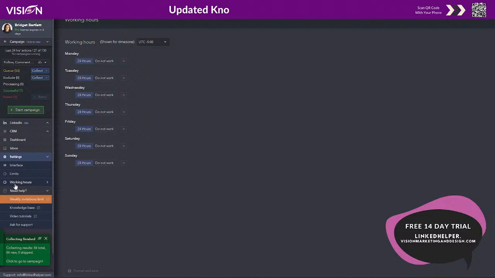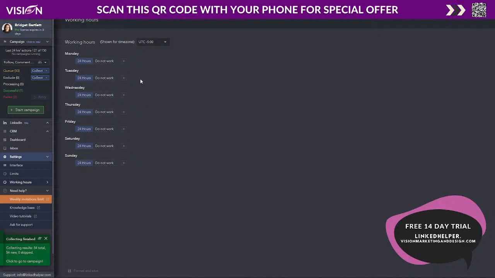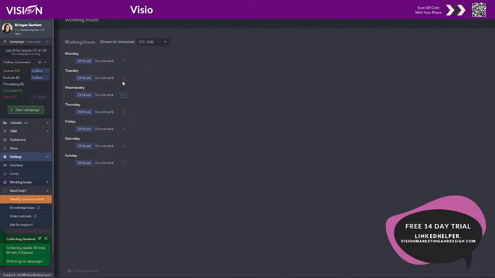First of all, though, you have your working hours. Maybe you just want to set this system up and then just add contacts. You have the time to do that, but you don't want to have to be working on this all the time, and you also don't want this to be interfering with your computer and things that you're doing.